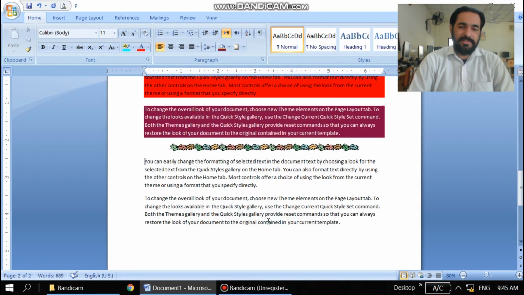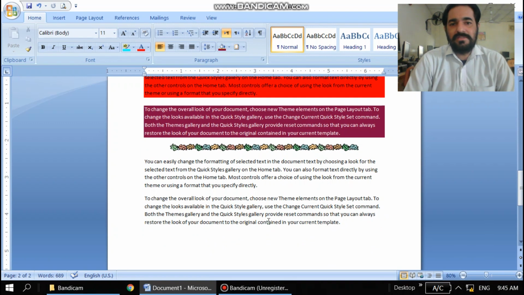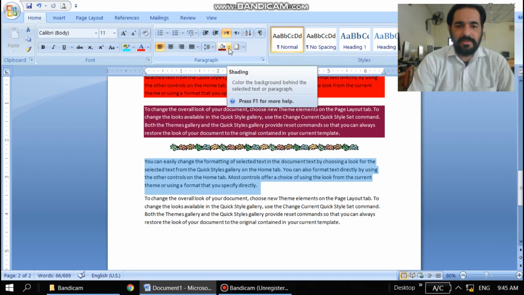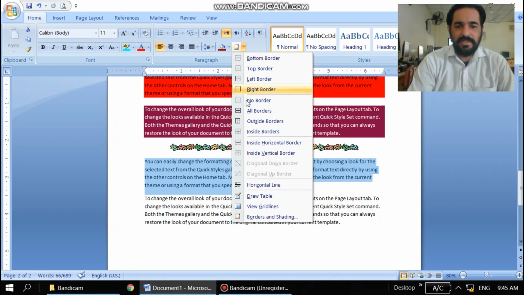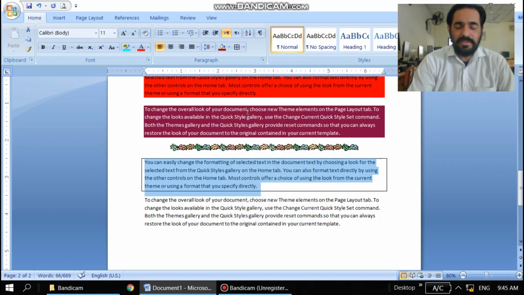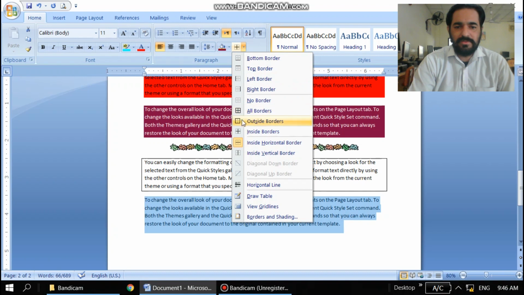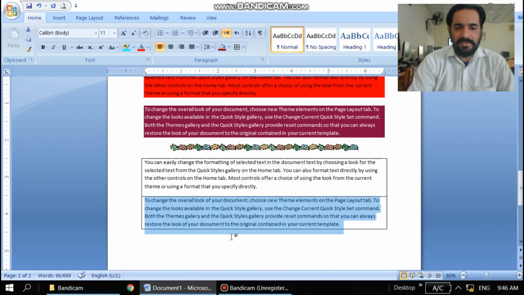You can select, and so many options are available before applying. These things you mostly see in magazines, in newspapers, or different documents. So you can apply different borders on your text or your data. So different options are there, different boxes are there, and I can also apply all border. My whole text will be covered with all border, or I can select any one of them, inside border or between the lines. Whatever you want to choose, you can select these options.